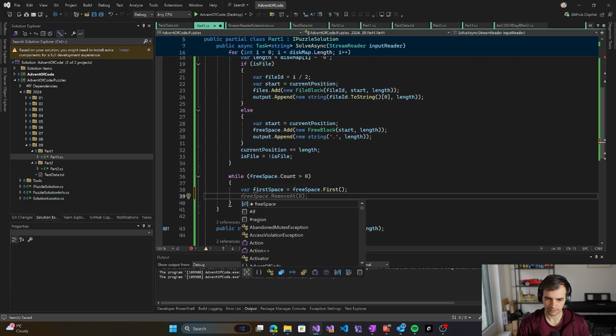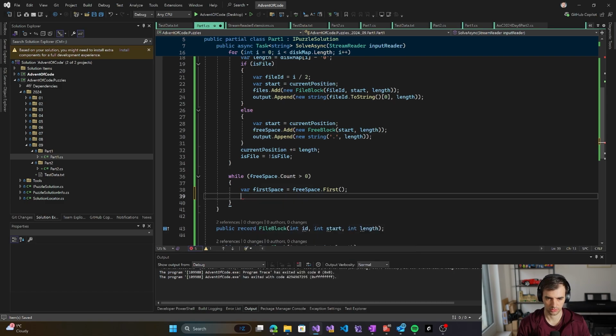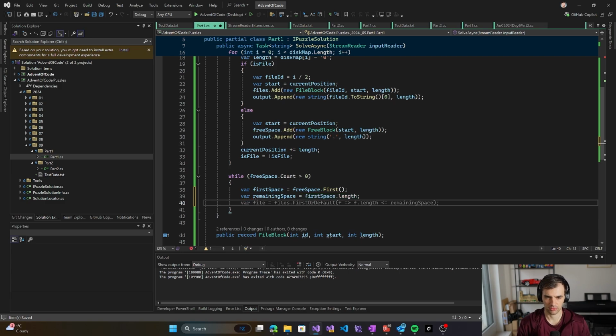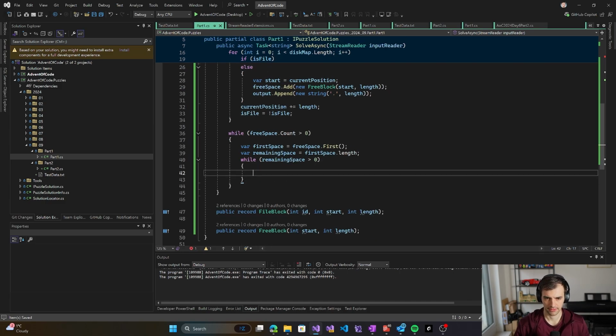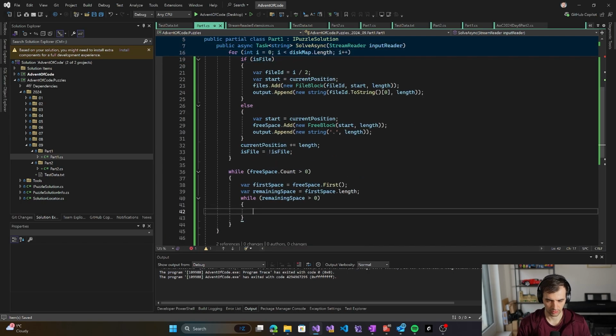So while, well, let's see. We will just take the file blocks and try to take the remaining space, and we will, while remaining space is greater than 0, we will be doing